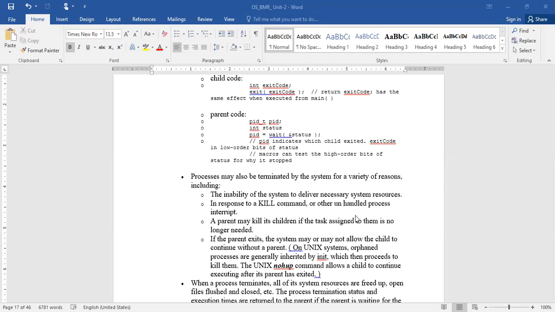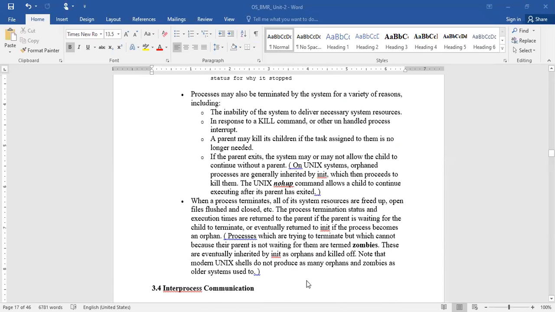In both cases, the system itself terminates the process. The parent may also terminate the child process if the task assigned to it is no longer required. Like that, with different reasons, processes are terminated by the system.